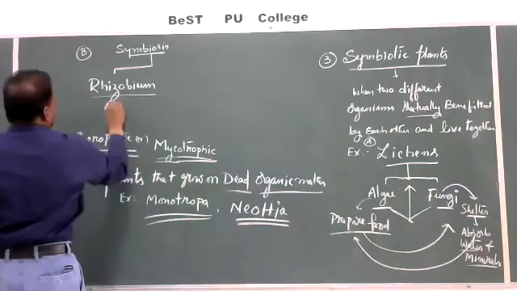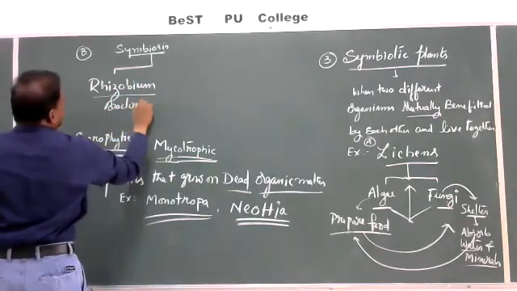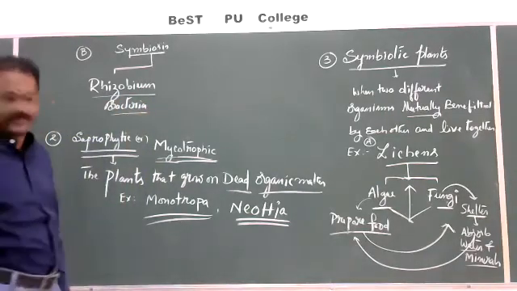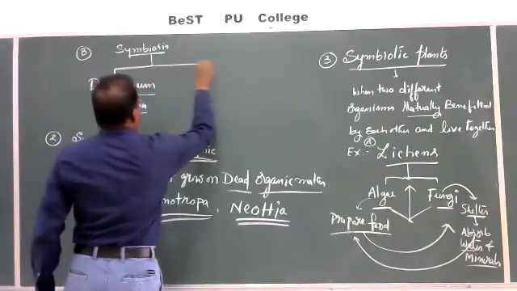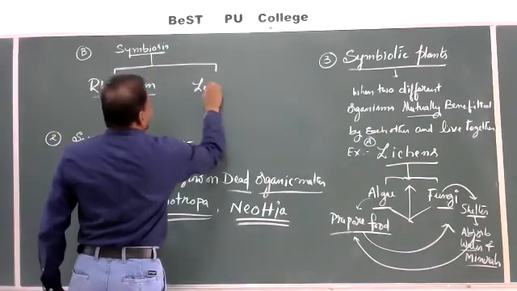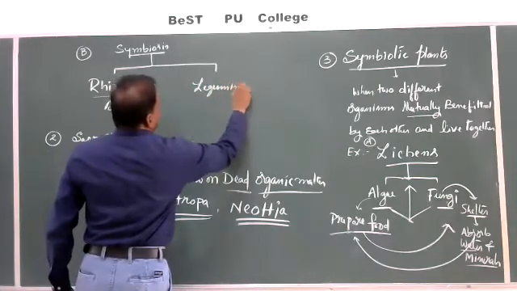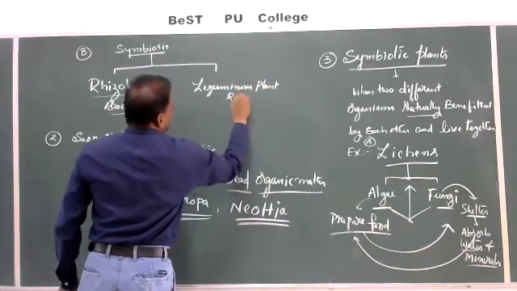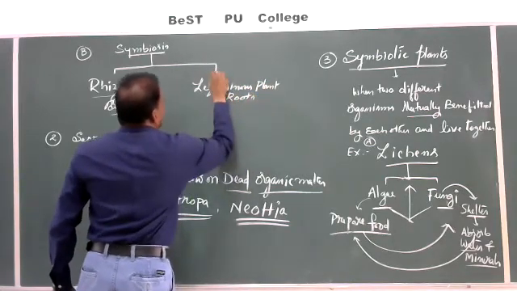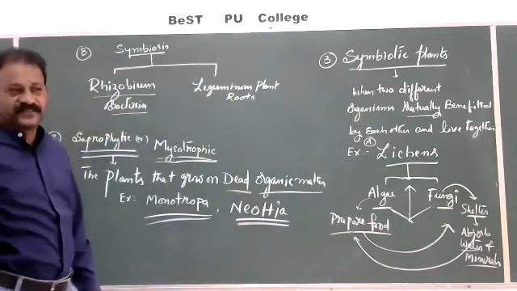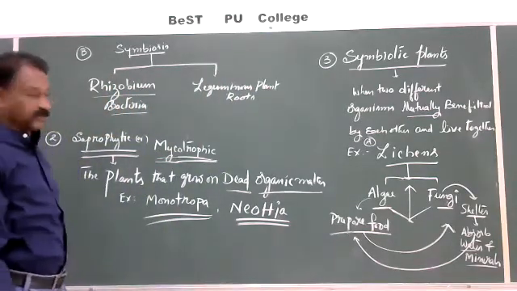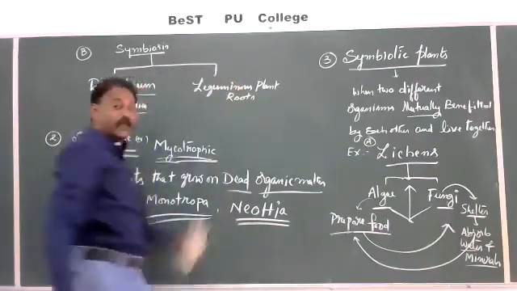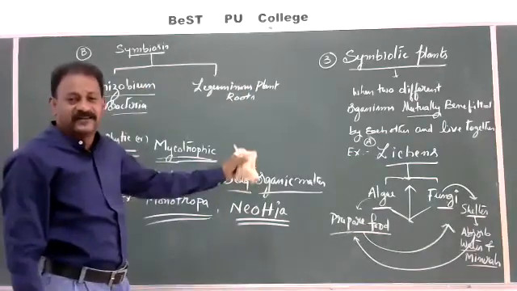Rhizobium is a bacteria which lives in the soil, and whenever it meets leguminous plants' roots, you might have studied root nodules in the school sections mostly. Root nodule formation involves leguminous plants, the plants which belong to the Leguminaceae family,